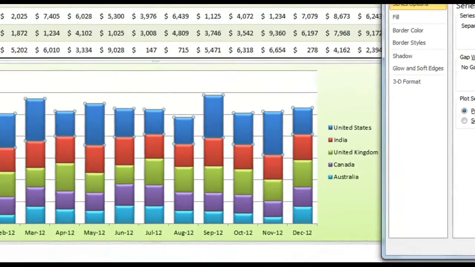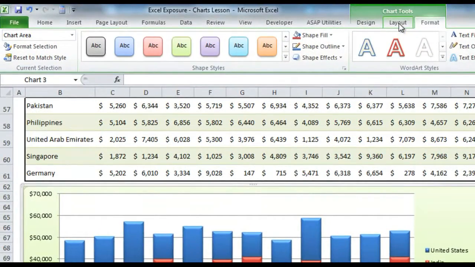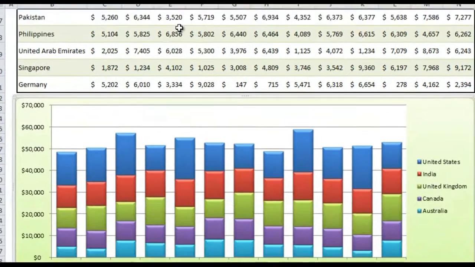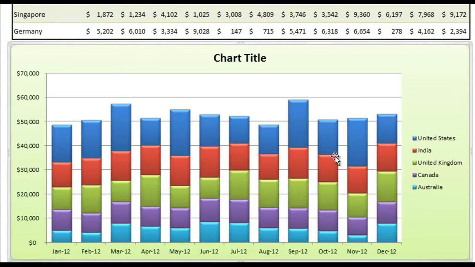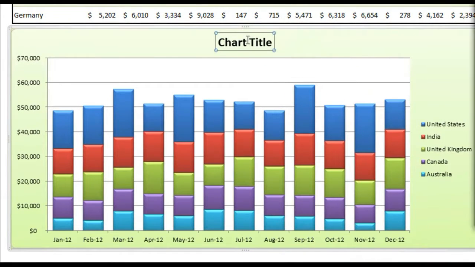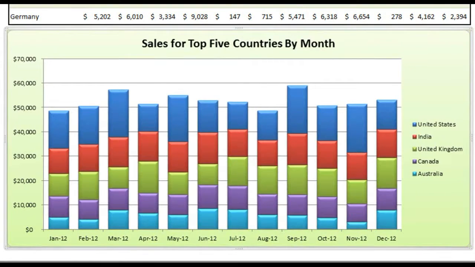and then hit close. Also, since there's no title on this chart, I can go to Layout, Chart Title. I will do Above Chart and extend my chart a little bit lower to keep the same aspect ratio from before, and I will rename the chart title Sales for Top 5 Countries by Month. And there we have a nice way of presenting that information that isn't quite as boring as just looking at